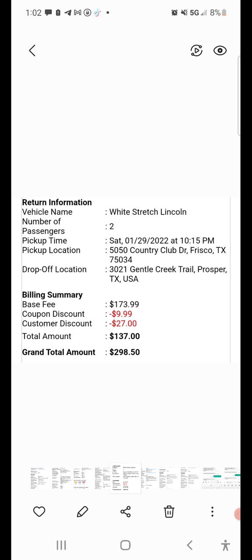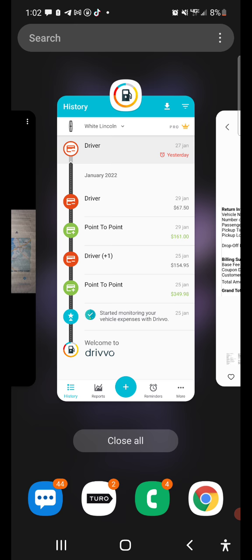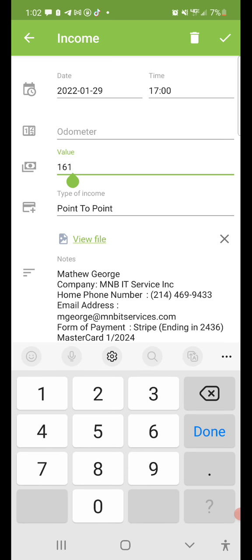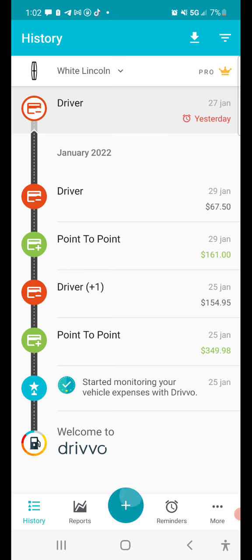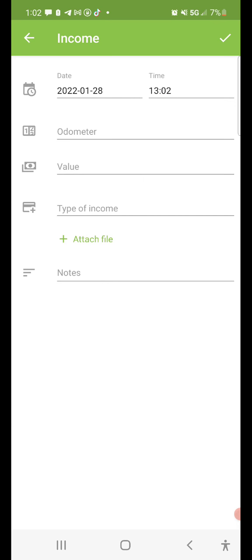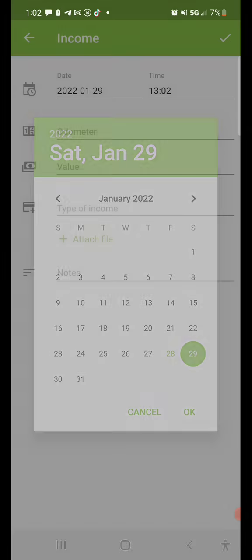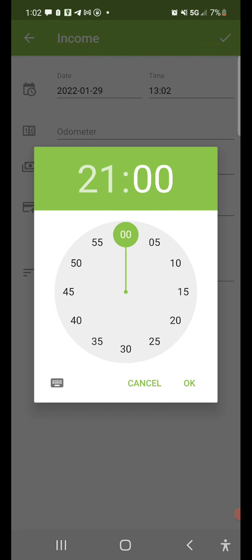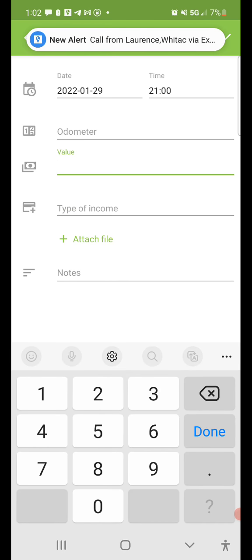Yeah. And so we're going to go Saturday 129 Country Club, and it was total 298. And these red ones are the expenses, so it's going to be 137. So really this one should be 170. Oh wait, that was the first one. You make another entry. Income 129, and the second leg is going to be picked up at 9 o'clock military time. Boom. Value is